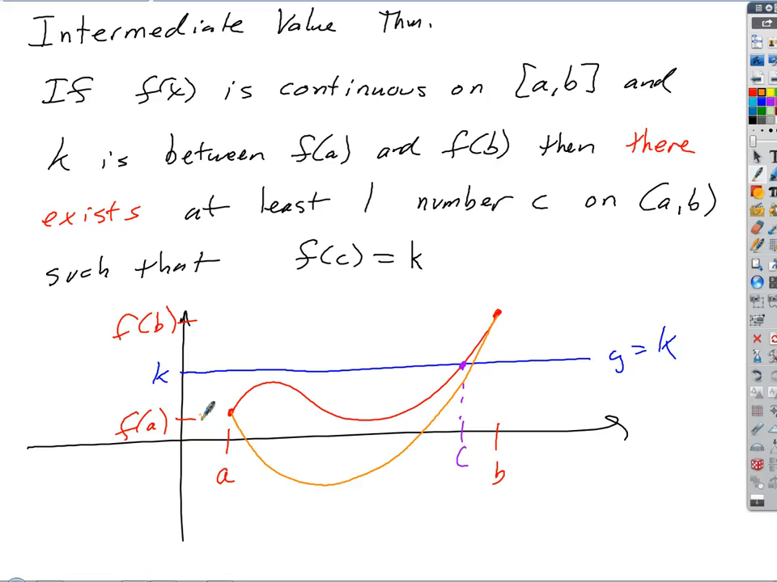So we're gonna start here on the freeway at rest, and when we pass by Hermiston, the sign, let's say we're going 65 miles an hour. Is it possible that we never went 50 miles an hour? No. By the intermediate value theorem, it's impossible, right? Think about that, because our